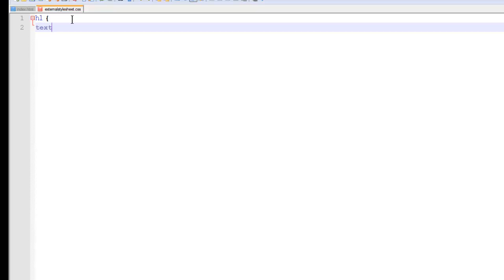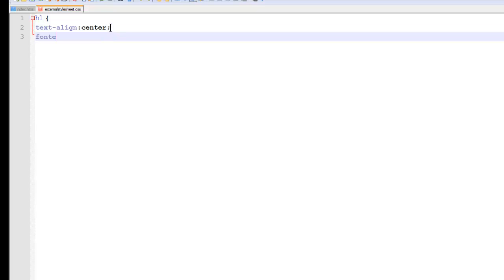So the first rule we're going to put is that the text aligns to the center. And notice, as part of my syntax, that I have a curly bracket. On the next line is my property, which is the text-align property, and colon, and then a value, and then semicolon. The next is going to be the font family,